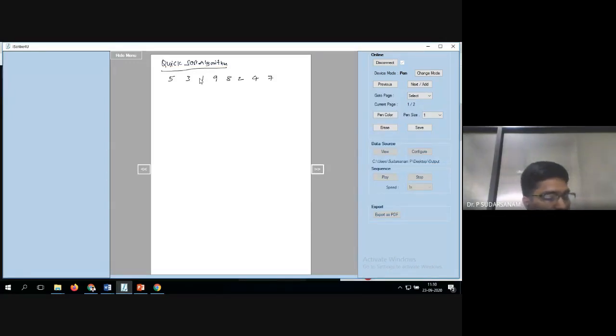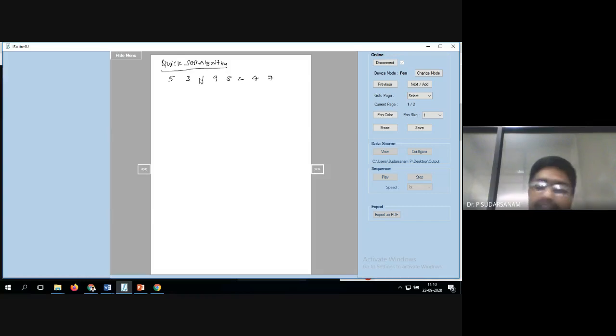The quicksort algorithm works based on the divide and conquer technique. The steps are: you have to pick an element in the list called the pivot element. First we'll take the first element as the pivot element.